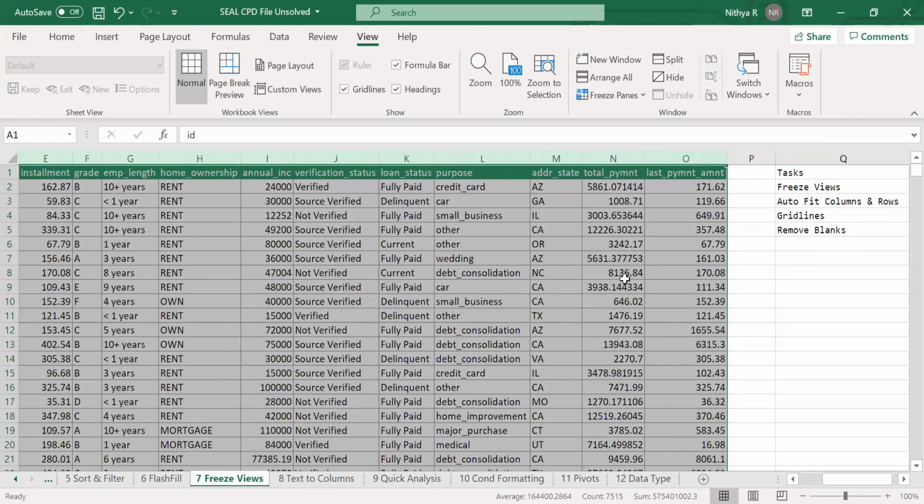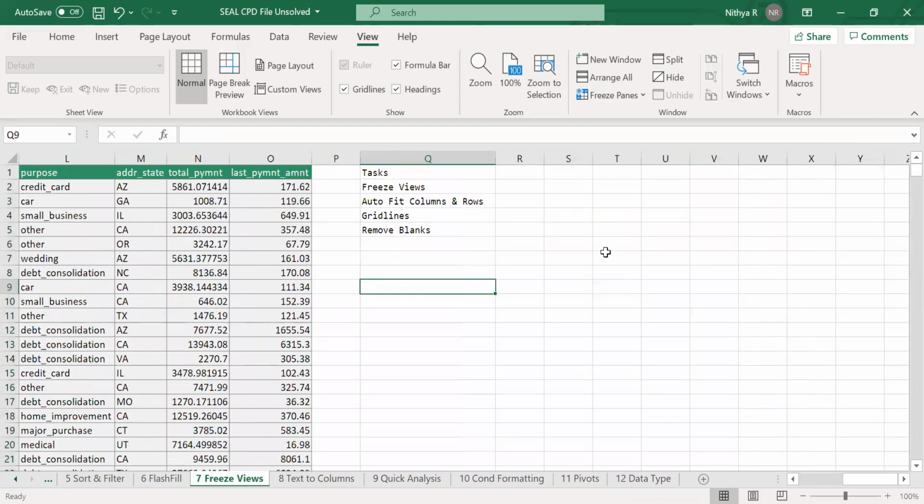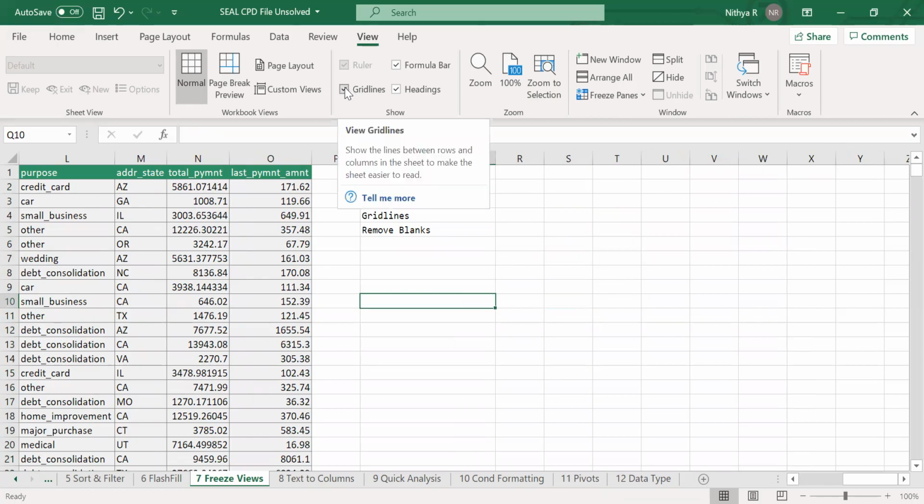Now, if you want to view and remove the grid lines, what is meant by grid lines? Grid lines are nothing but these lines, and they are useful for identifying the rows and columns. All right, go to the view menu. You can see there is an option called grid lines. If you uncheck it,